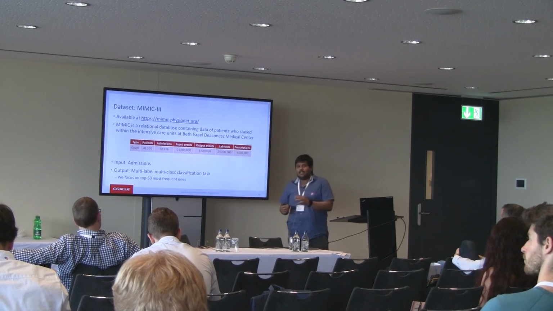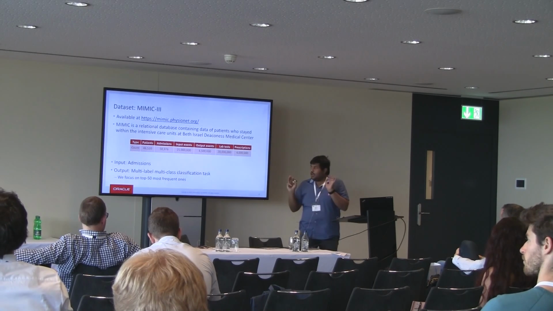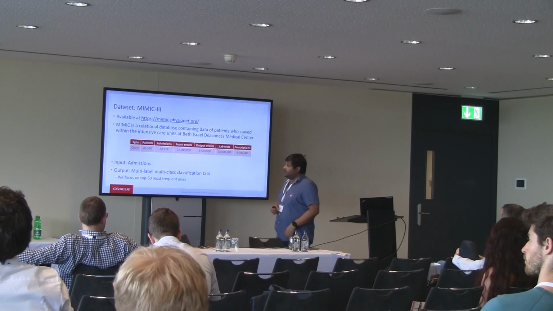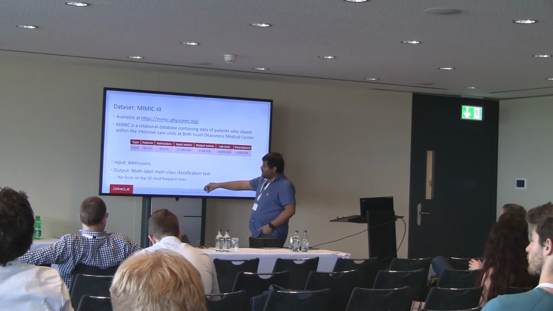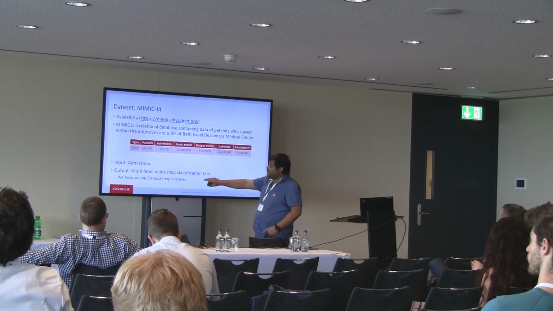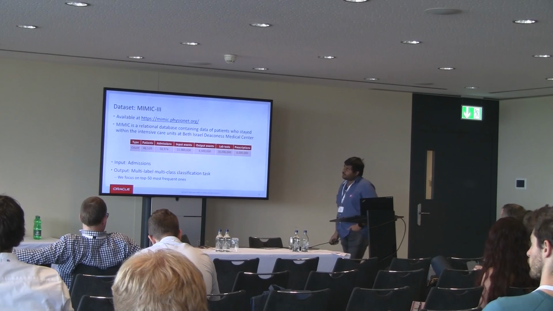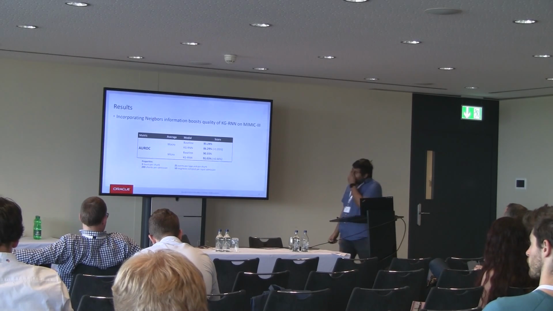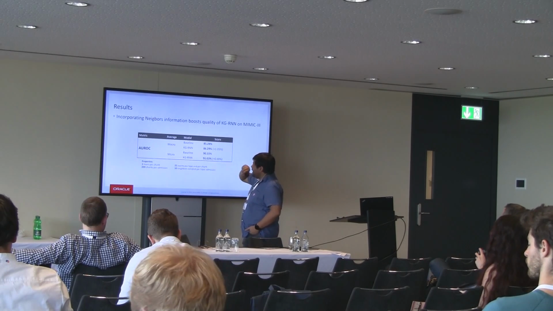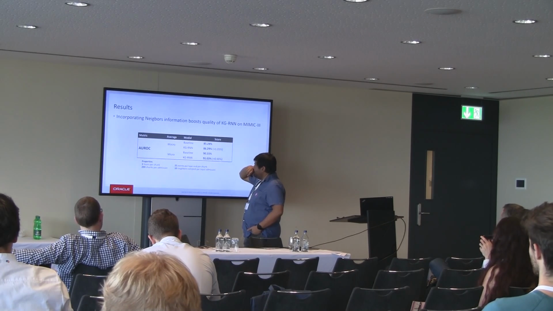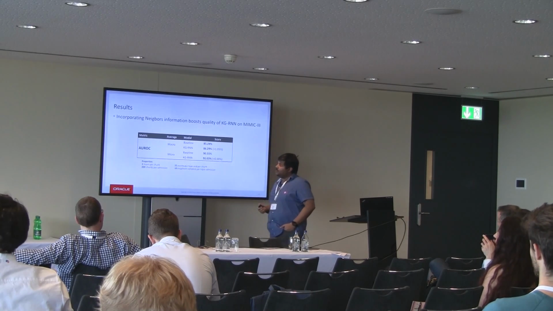What it means is that every admission can have multiple diagnoses, and there can be more than one possible diagnosis in total. That's the multi-level, multi-class classification, and we focus on the top 50 most frequent diagnoses in our database. With this, we compare how much information the additional knowledge graph brings over the baseline, and we see there is some improvement. Then we wanted to see, okay, we get some improvement, can we explain those improvements